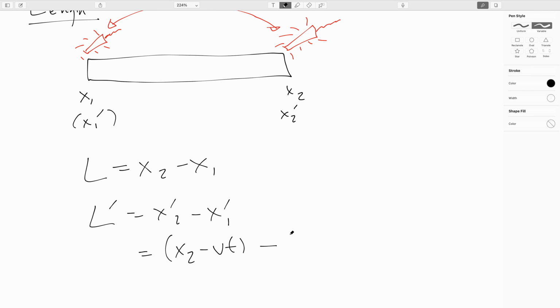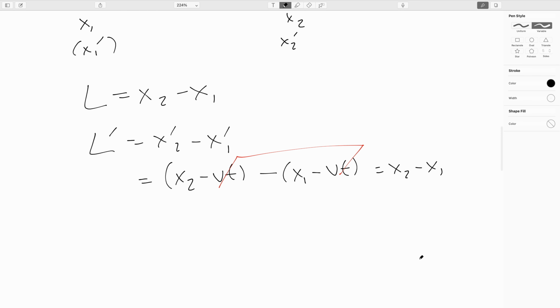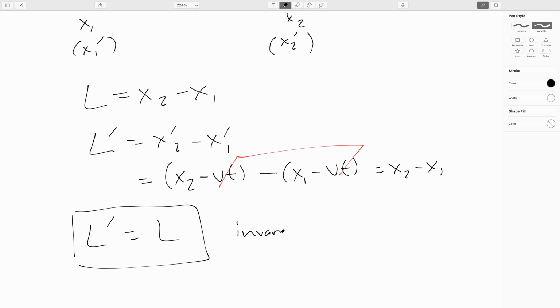This will be minus x1 minus vt. Well, what do you know? Those minus vt's cancel, and we are left with just x2 minus x1. So we get that the length as measured by S prime is the same as the length measured by S. So the length of an object is an invariant